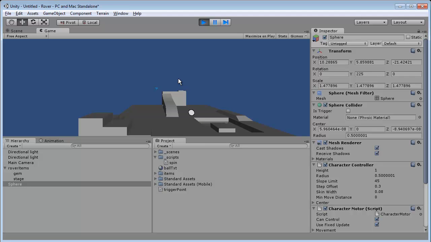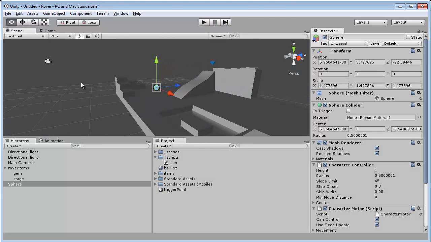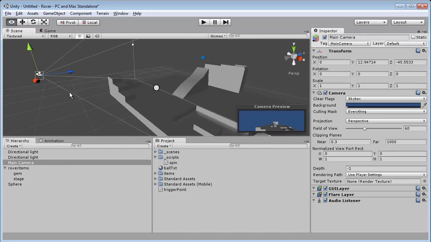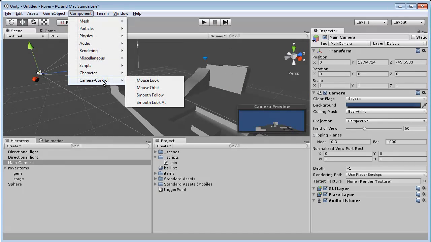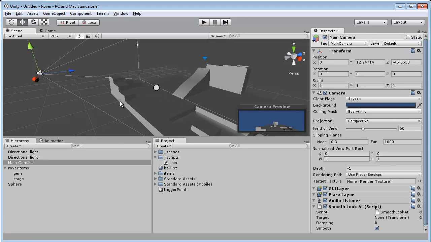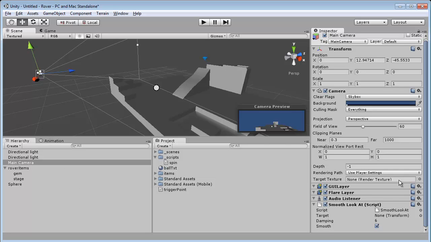You can jump, but it's kind of difficult to see exactly what's happening because the camera isn't really helping us in this situation. It's a static camera, but what we can do though is Unity comes with camera controls, and we can do this smooth look at or smooth follow. We'll start with smooth look at, and you'll see when we add this component, there's a target here. What we're going to do is take our sphere